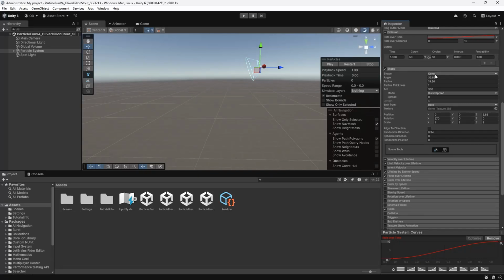So we chose the cone shape. I believe that was the default shape anyway. We adjusted the angle and the radius until I had it basically giving me the direction that I wanted to have it. The arc 360. This right here,